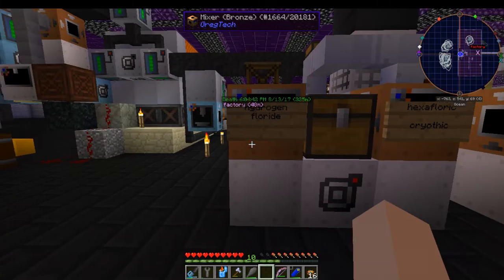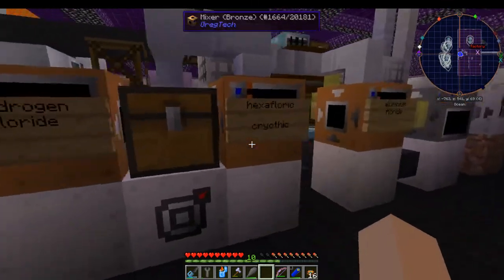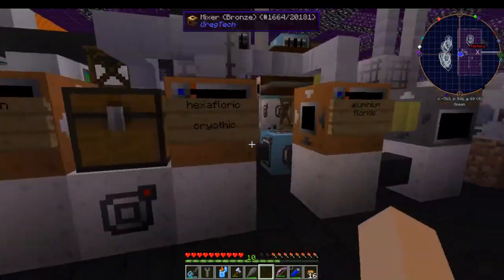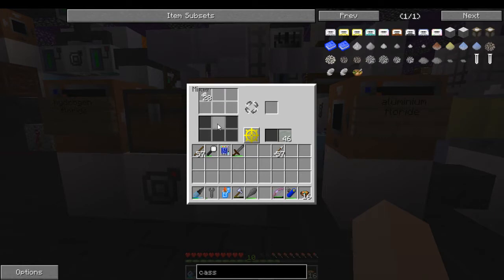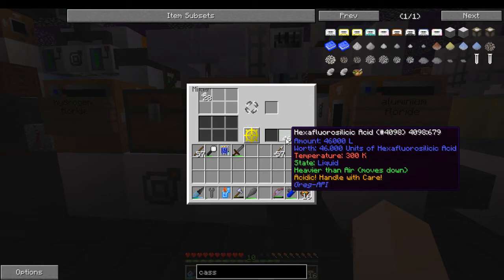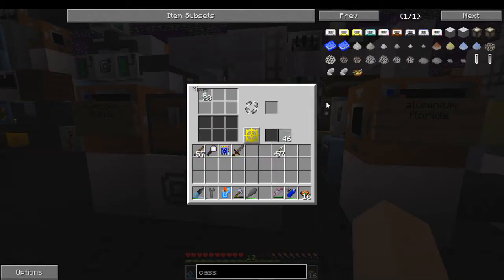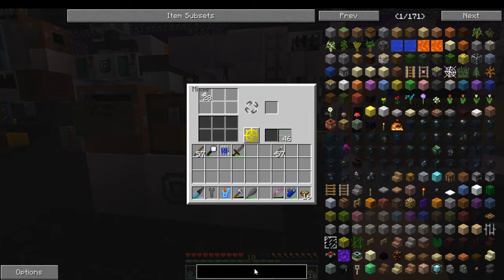And then you need to put that in a mixer with sulfuric acid. And that will give you your hydrogen fluoride. Your hydrogen fluoride will come into a mixer with quartz dust and give you hexafluorosilicic acid. And then you also will need the hydrogen fluoride for the alumina processing as well. I'm actually going to use this machine for both of them. The other thing you will need it for is the